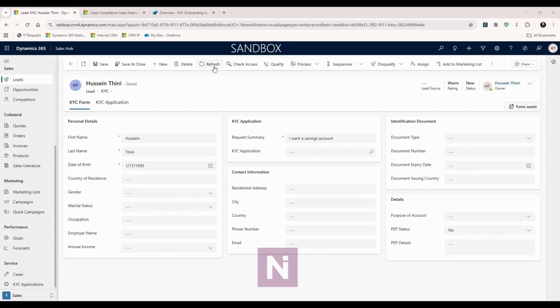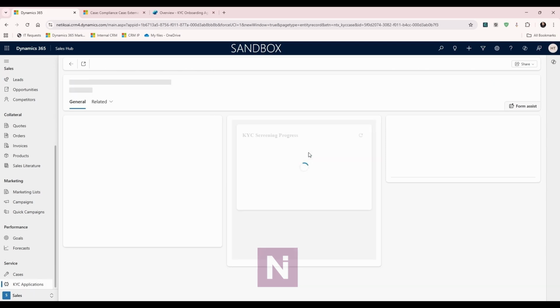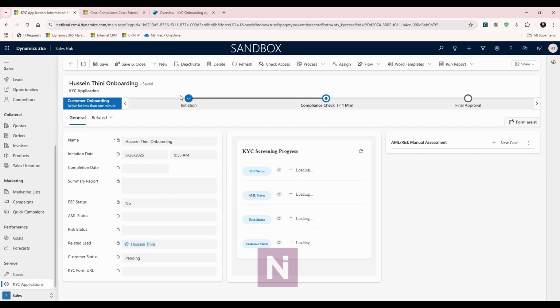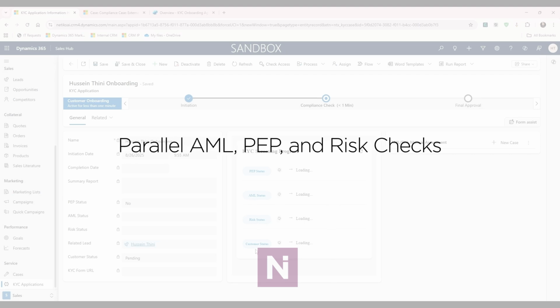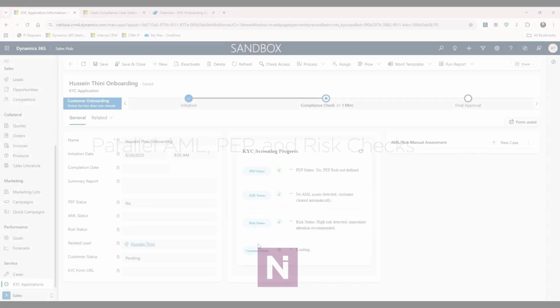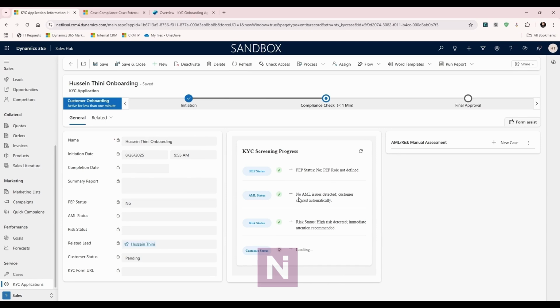The agent will start off by creating an onboarding application. When we access this application, we can see that it is initiated and is currently at the compliance check stage, and the PEP, AML, and risk statuses screening are in progress. Now that the screening is complete, indicated by the green tick and the summaries of each compliance check being available,